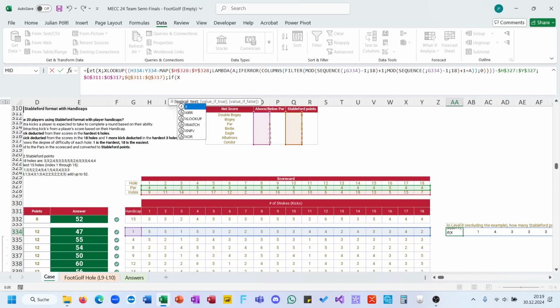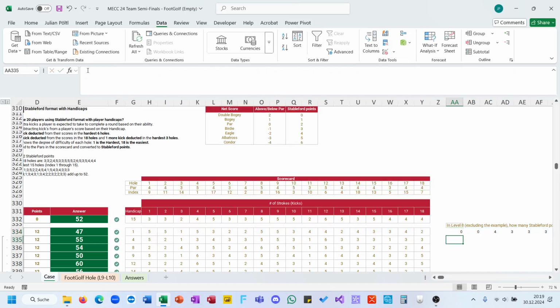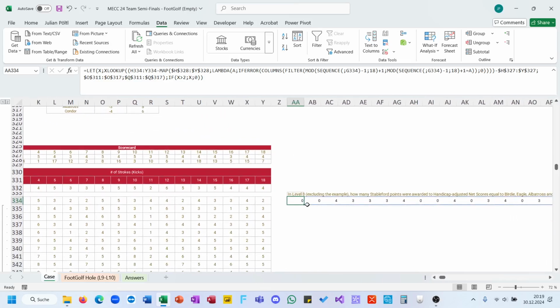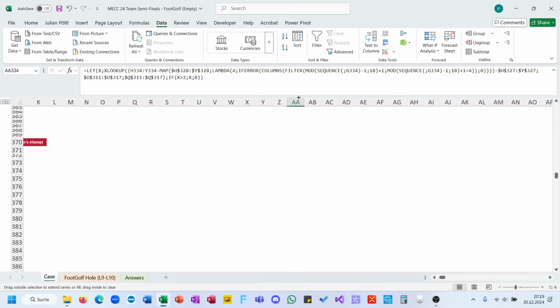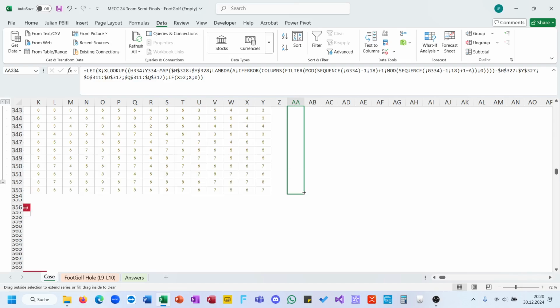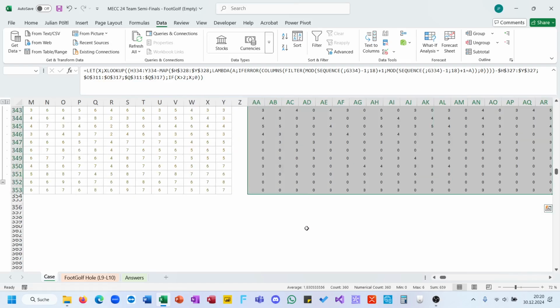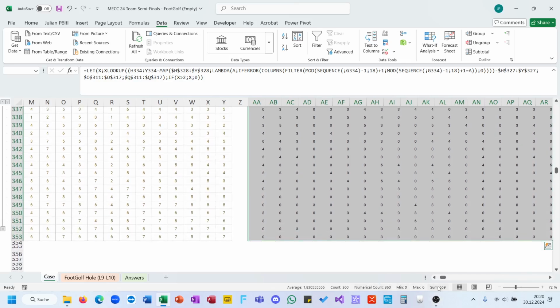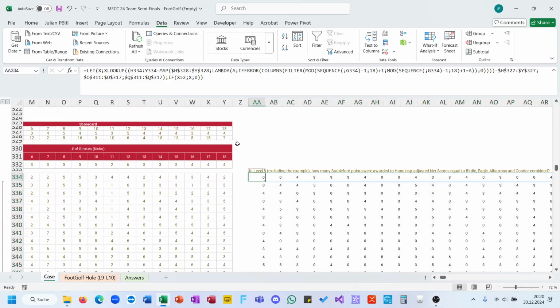If x larger than 2, then x, otherwise 0. And then we want this for all levels. And the sum is, no, this should be larger than,